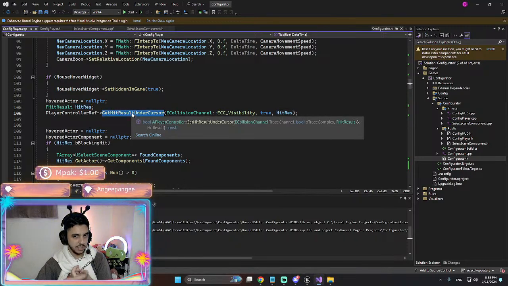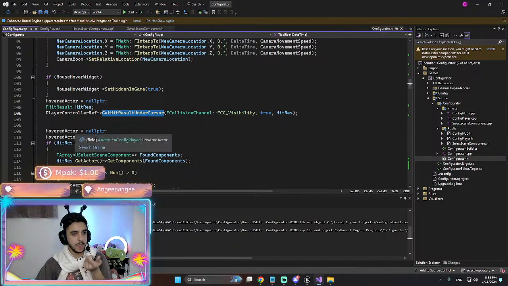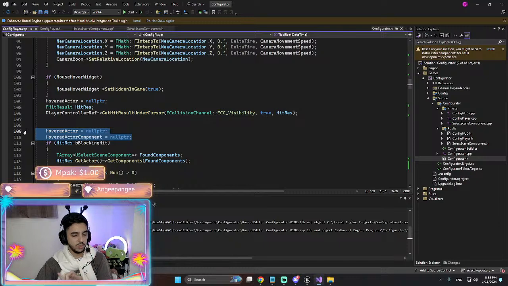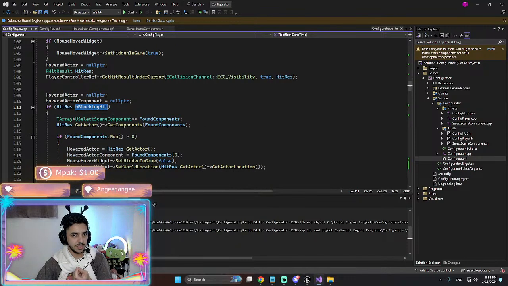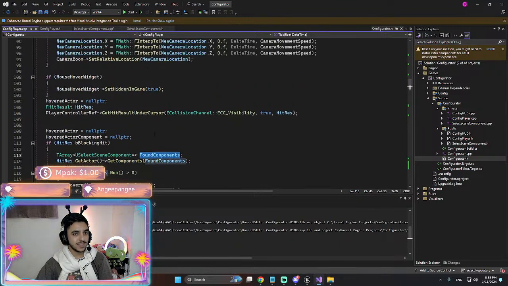Yeah, we get the hit result in player controller where the mouse is actually. And then we create two empty variables here. We get the blocking hit. And then of that, if it has a blocking hit, then we create a found component and we get the actor of that found components, which was set, I believe.